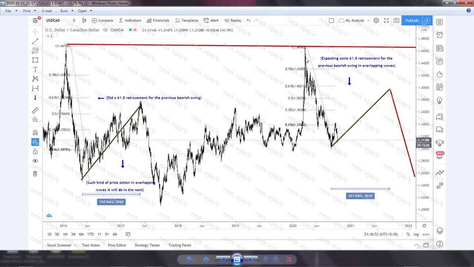Same thing here, it's also a correction. So if we place it as 260, it means around 1 year I'm talking about. May or may not, but this is an impulsive. Same thing here, also an impulsive to the downside. So this kind of price action will happen here. See, a lot of overlapping correction patterns here.